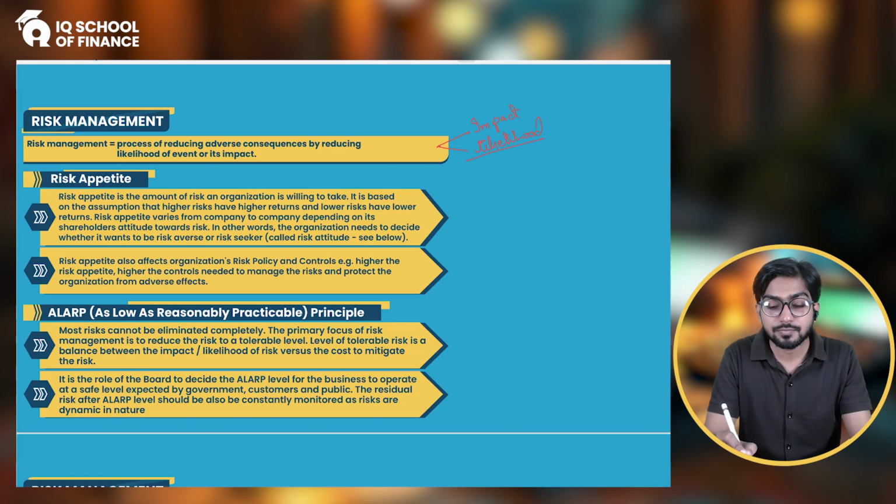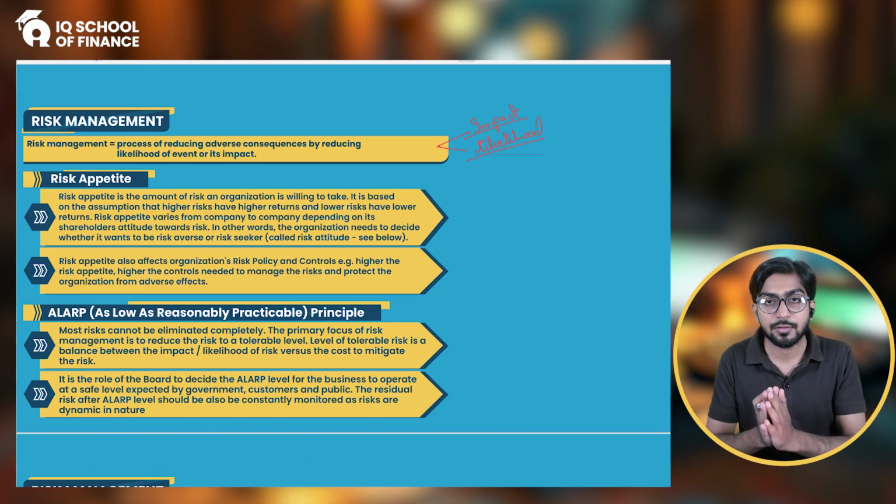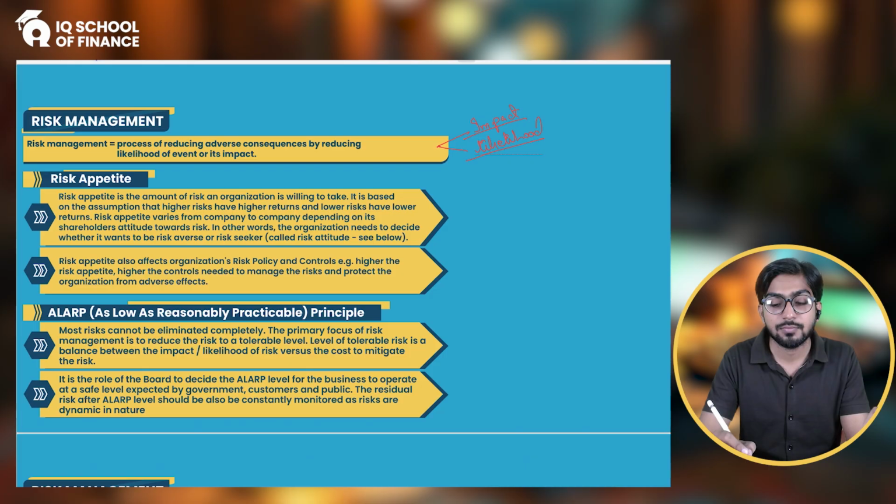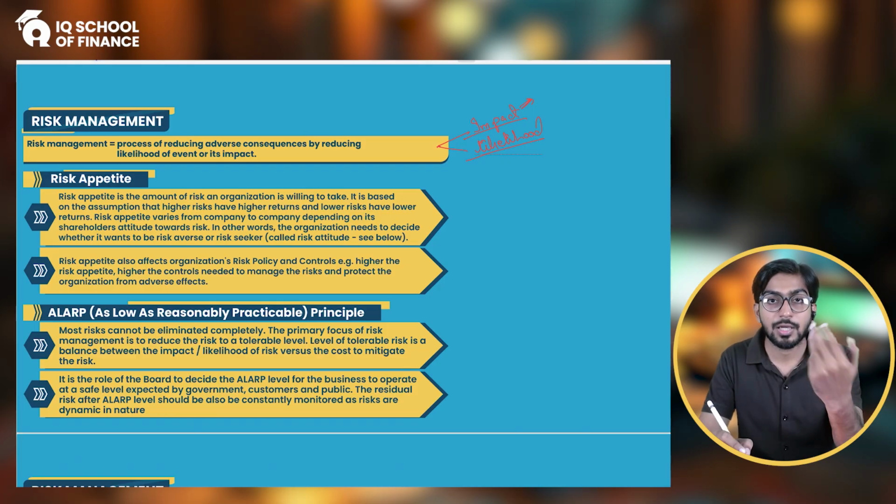That means there is a future event, and you have a risk that if that future event happens, it will bring negative consequences, or unfavorable, undesirable outcomes for me, right? This is your risk. How about if you could decrease the impact? Impact means the disadvantages, the consequences it is going to bring for you. So if you could reduce the impact, then I would say okay, you have reduced the risk.